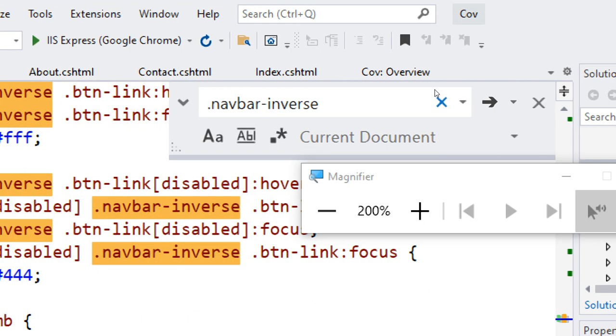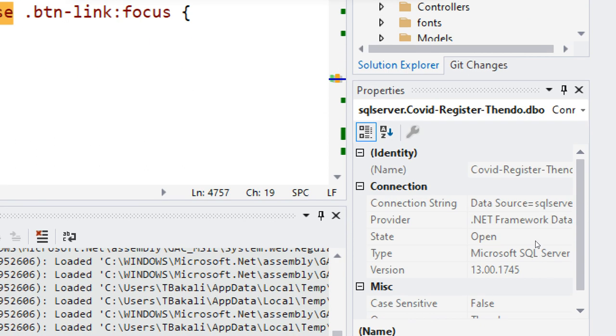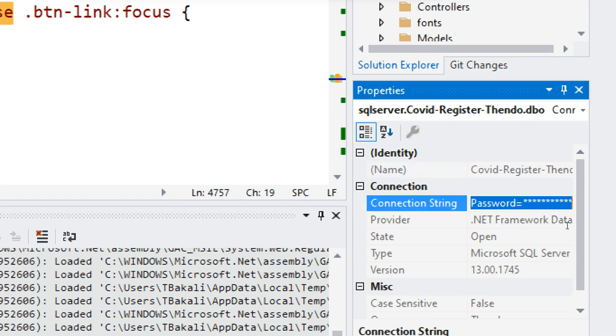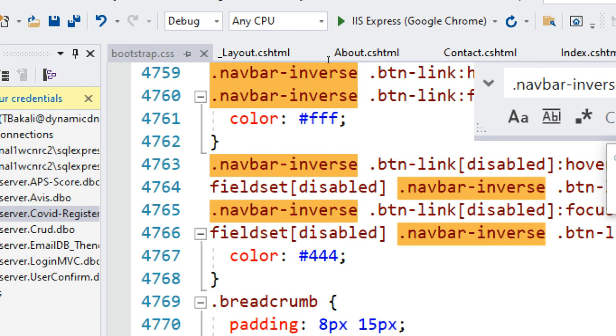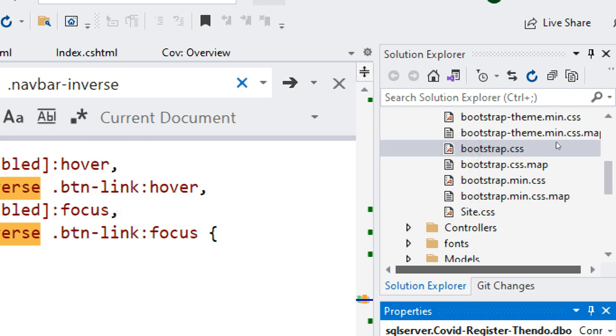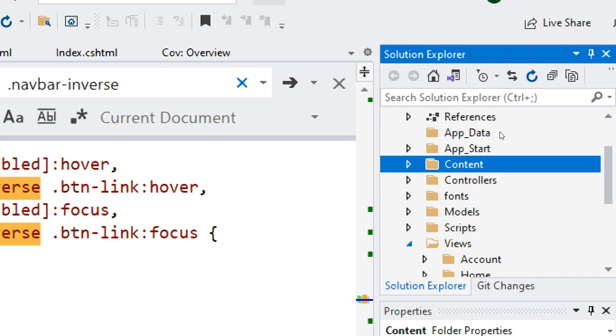Right? Good. Now, if it's highlighted, you will see on this side, it will also provide you with what you call a connection string. Can you see it here? So you just highlight the connection string, you copy it, and guess where you take it? Now you are dealing with a different animal. You are done with your CSS and your front end, your views. Now you need to go to